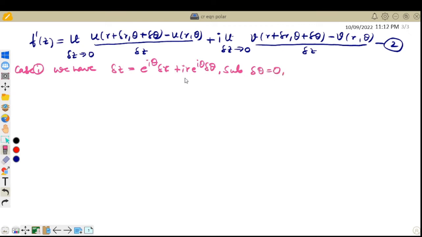If delta theta equals 0, then delta z becomes delta z is equal to e raised to i theta into delta r, and as delta z tends to 0, then e raised to i theta delta r tends to 0, or simply delta r tends to 0. Fine. Now the equation number 2 becomes